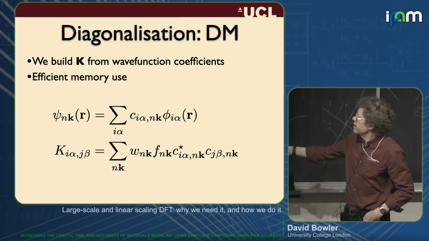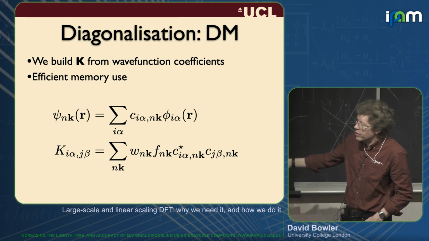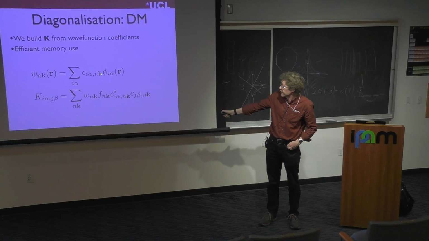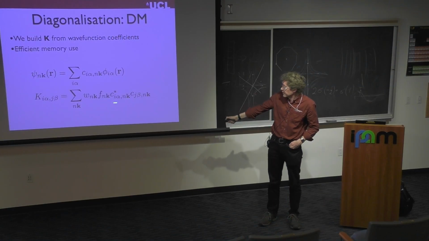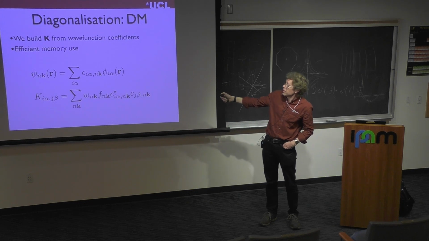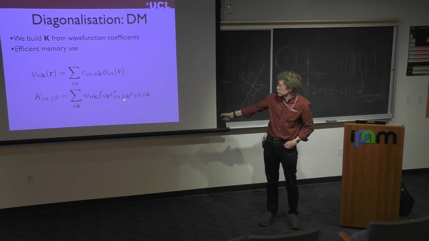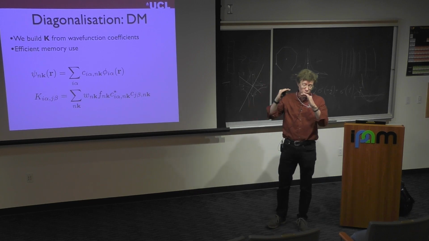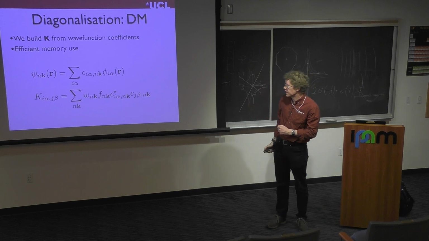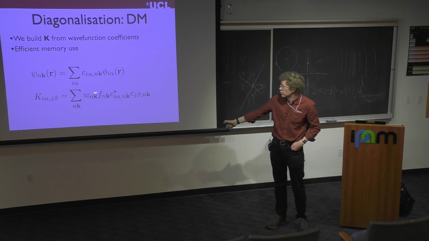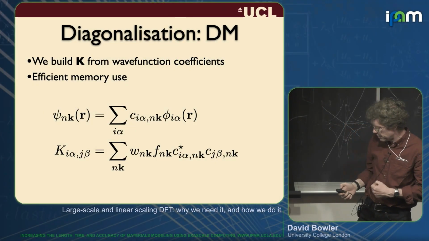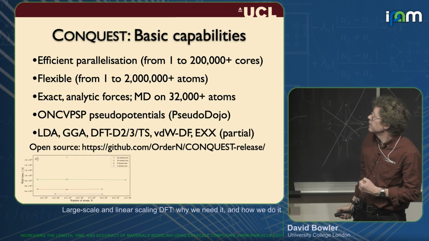Just a note that when we diagonalize, we don't actually store the wave functions. What we do is we build the density matrix. So if the wave functions are defined like this, then the density matrix is defined like this. So when we actually do the exact diagonalization, rather than storing the wave functions, we store the density matrix, and that's actually really efficient in terms of memory use. It pulls down the memory use compared to everything else, and it means that you're folding all of the Brillouin zone sampling into this sum. That's just a brief note.